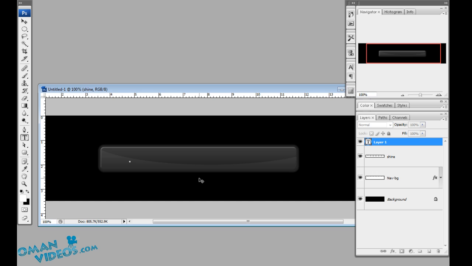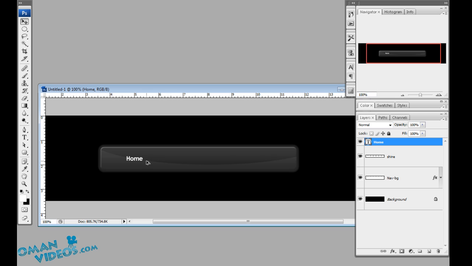Let's add, I'll be using Century Gothic for this phone, so let's first type Home, which will be our first button, and I'll be using bold with 20 points, smooth white color. Let's adjust this somewhere around here. I'll add 3 buttons for this since it's a small navigation, and let's duplicate this